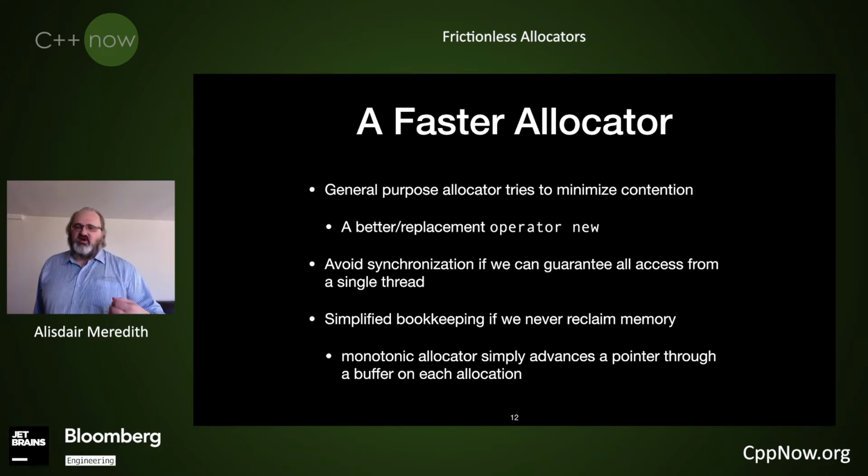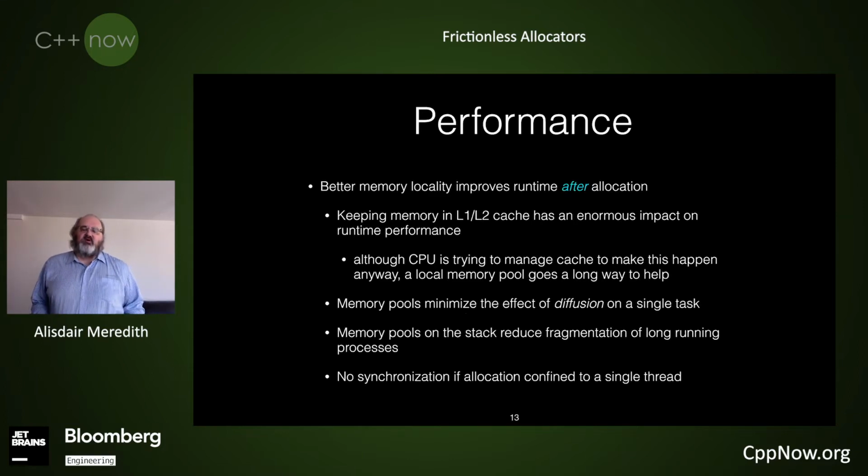But this is not where the real performance of allocators comes from. The typical reason you get performance out of allocators, the reason you want them, is memory locality, which on modern systems is the much more important factor for performance over the long run of your application. So the more we can keep allocations local for our particular data structures and have different allocation regions for different data structures, the better the chance, with that locality, of keeping the memory that you're hitting in level 1 or level 2 cache, and that will greatly speed up the performance of your program.